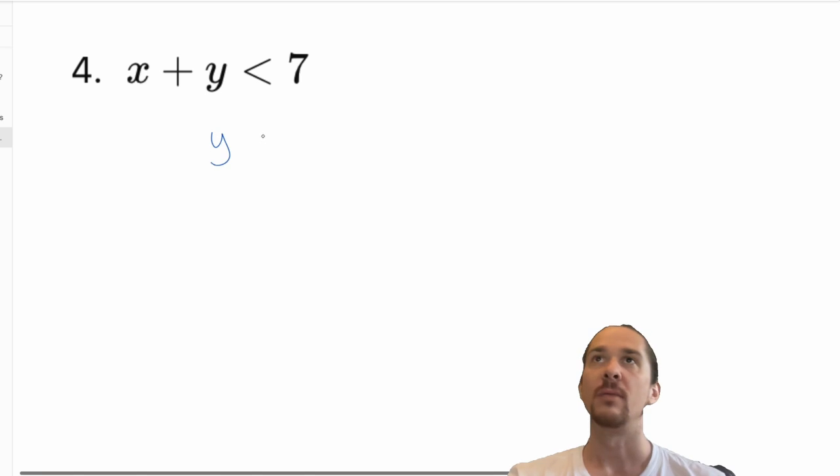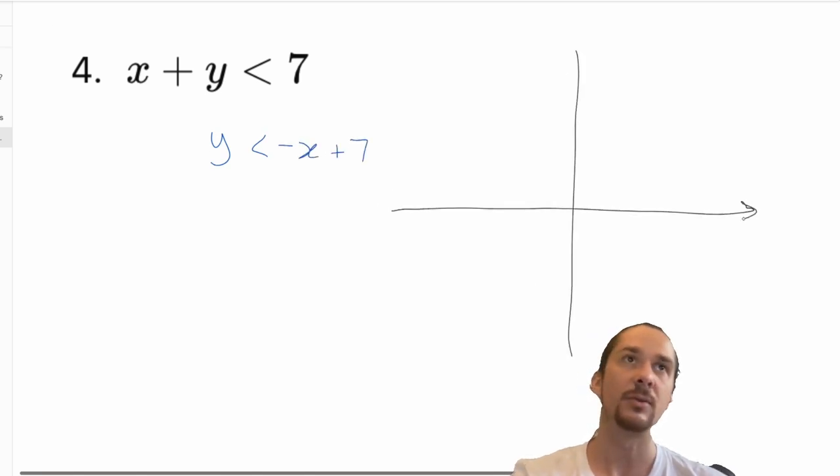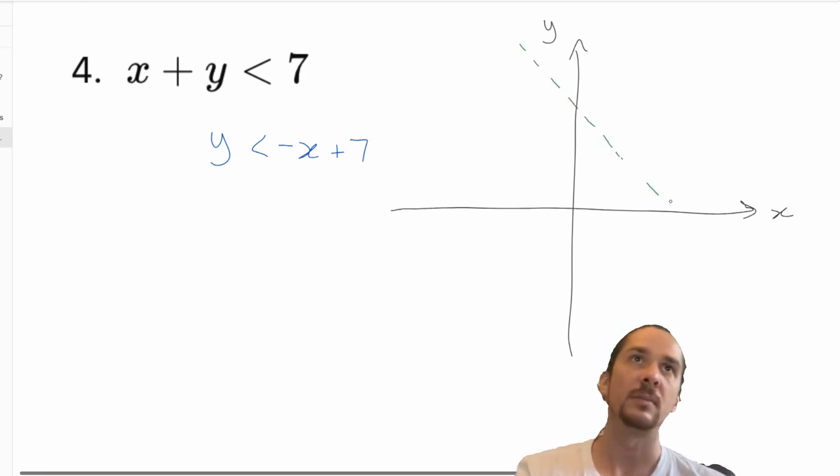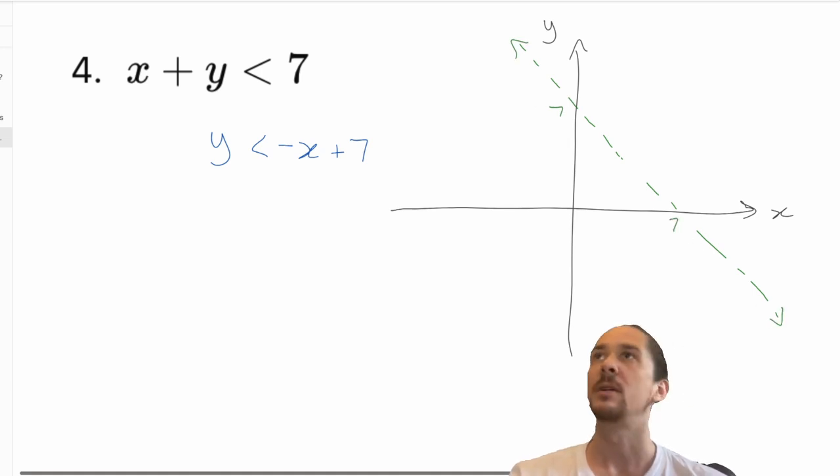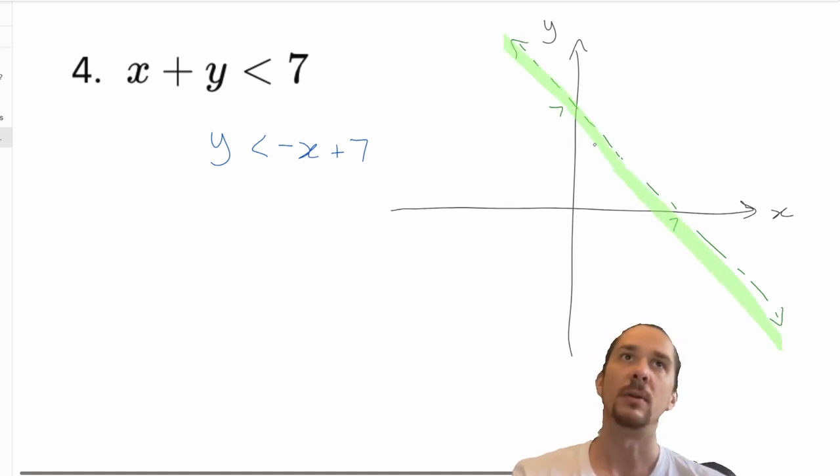In this example, we have y is less than negative x plus 7. Now, because it's strictly less than and there's no equal to, it means we're going to have to do a dotted line. Negative x is kind of like a 45-degree angle, so something like this, and it's going to cross at 7 there, which means it'll cross at 7 there as well. And because y is less than it, we're going to shade below the line,